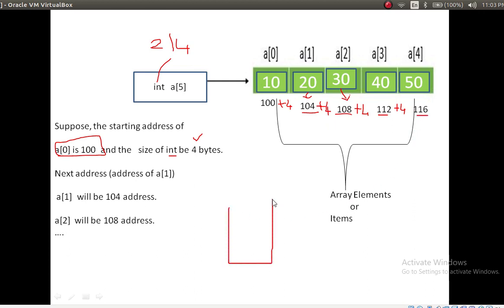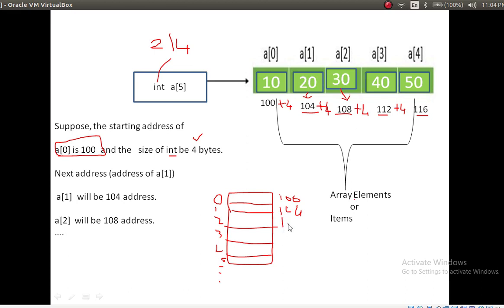So consider this is computer memory. Here data will be stored like this. Here the index is 0, 1, 2, 3, 4 and 5 and so on. Here the base address will start from 100. If you use int, then 100 plus 4, the next address will be 104.